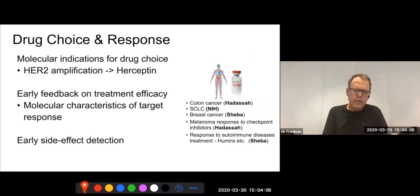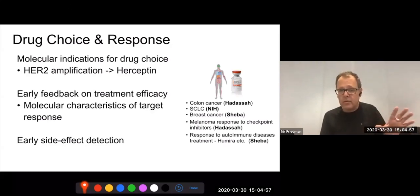But I think the most exciting way of looking at it is in terms of what we call personalized medicine, or I would say informed medicine. There are situations where we know that if a patient shows a molecular signature of certain things, we can treat that tumor with a drug. So there's something called HER2 amplification. It's a gene that is amplified in breast cancer, but also in many other cancers. And today, if somebody has a tissue biopsy that shows that, they are immediately approved to get this drug, and this drug works like a miracle on this kind of tumor, but it does nothing on other tumors. The problem is you might need to be lucky that the biopsy really caught